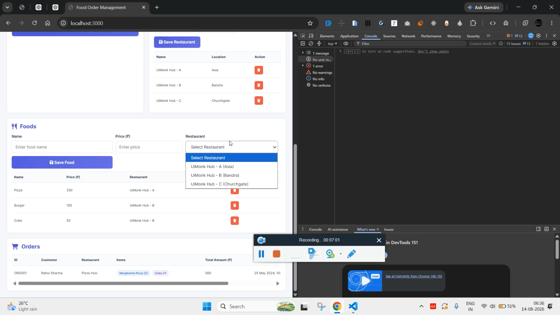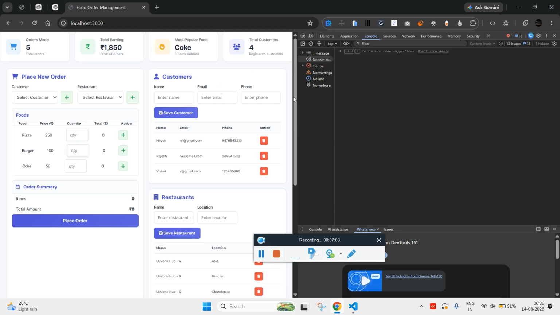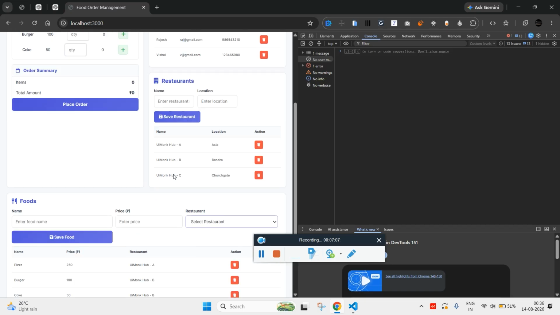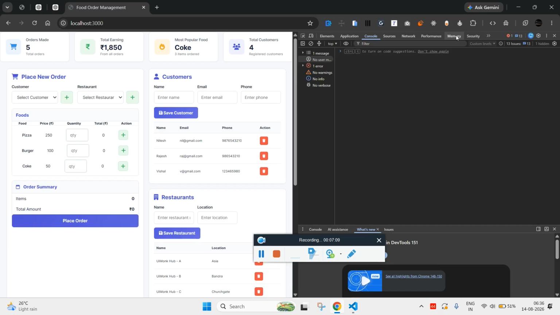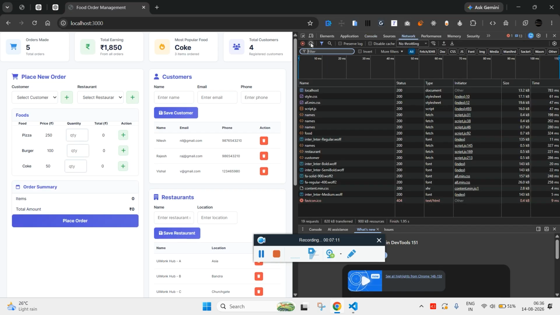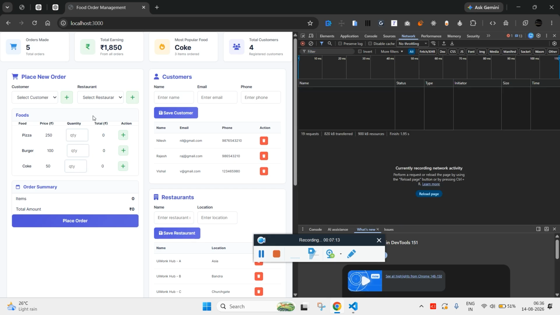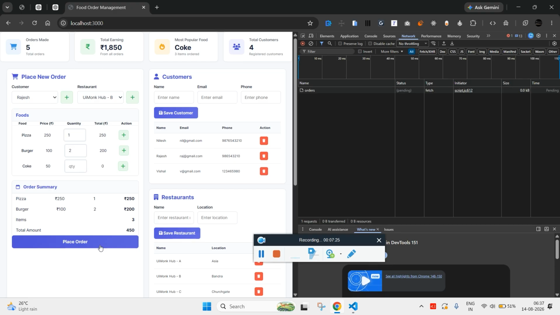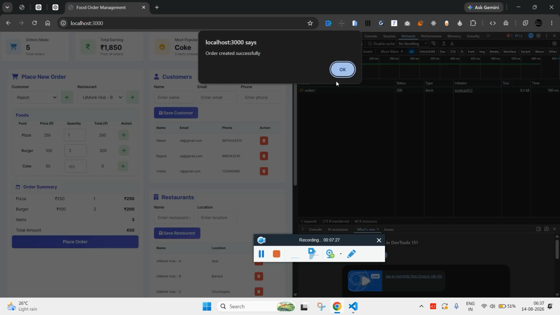Let's try making an order, and let's see whether we are able to properly send the request to the server and get a response accordingly. So select the customer, select the restaurant, give the order, click on place order, and you see